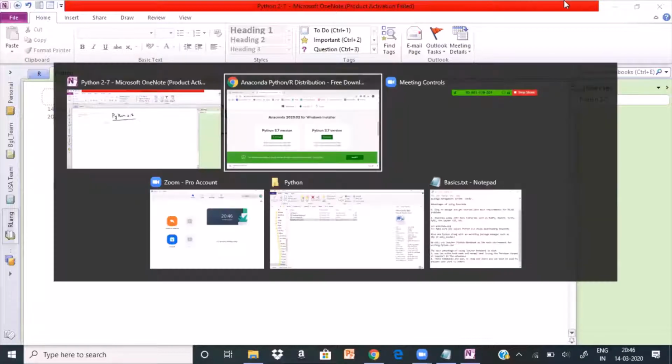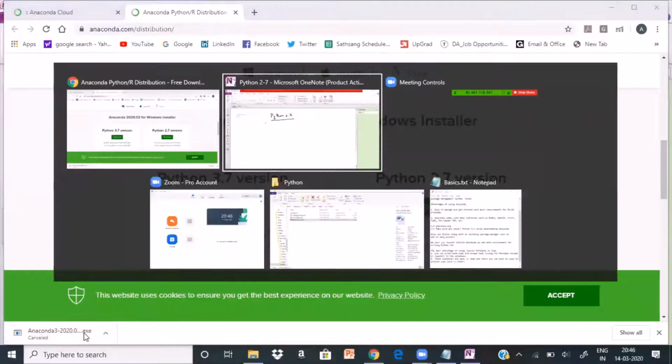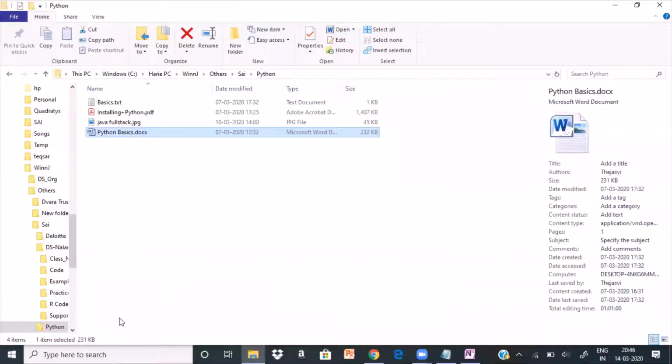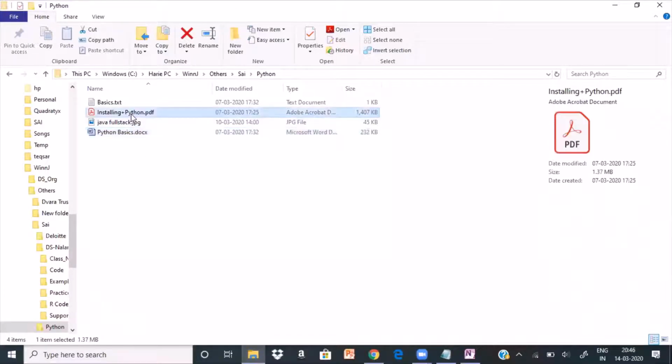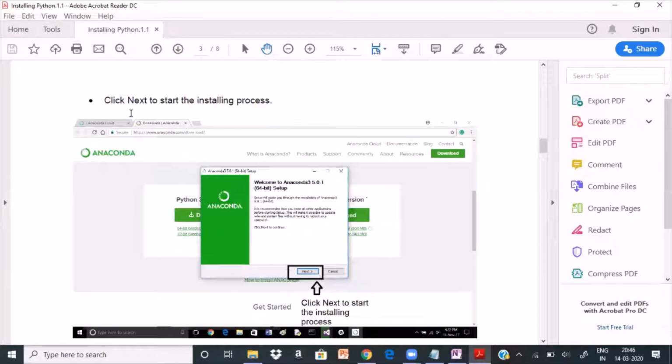Good. Now I'm going back to this one. Then now you double click your executable file. So when you double click, it starts your installation process.